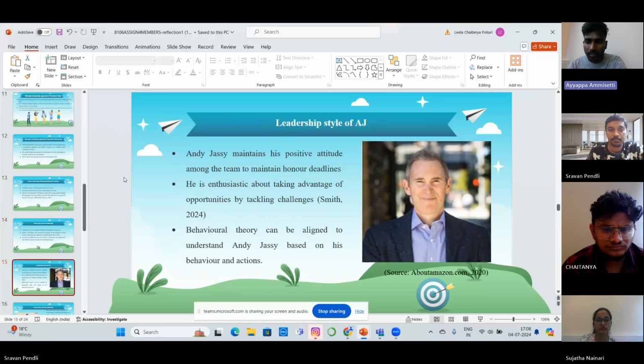Leadership style of AJ. The behavioral theory of leadership first shifts from the traits of leaders to the leader's actions and responses in different scenarios. Andy Jassy was 29 when he joined Amazon. He focused on the positive aspects of the job that make him productive and boost creativity. The behavioral theory defines the key ideas behind leadership effectiveness. It is about the actions a leader takes and how they interact with opportunities or theories.